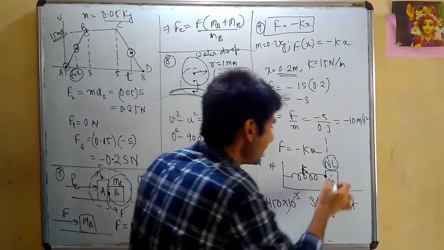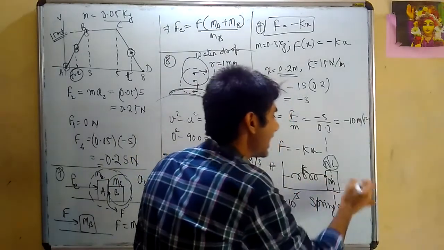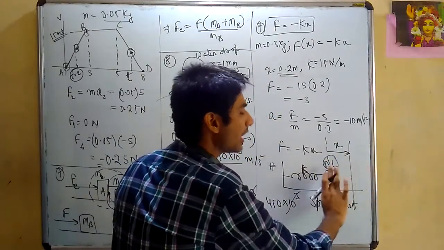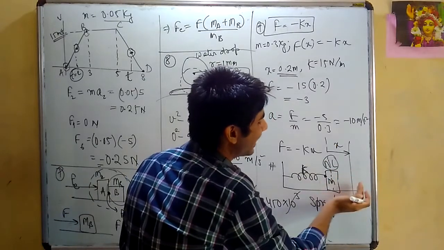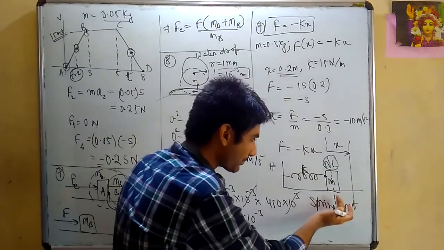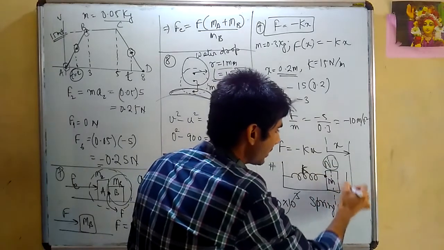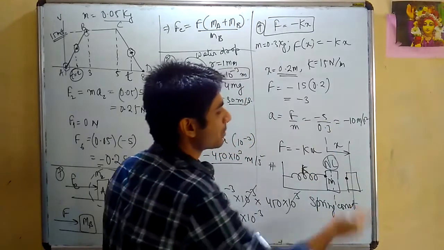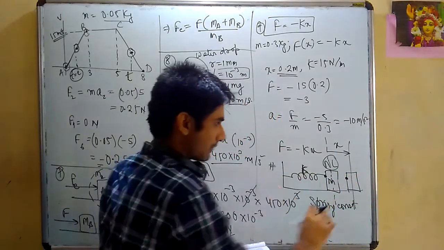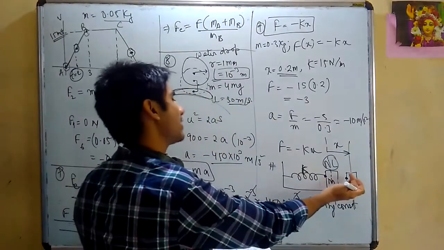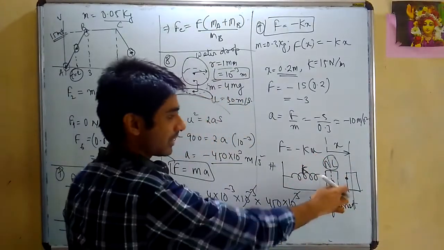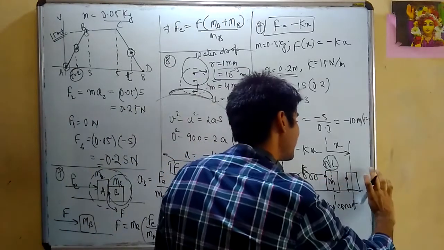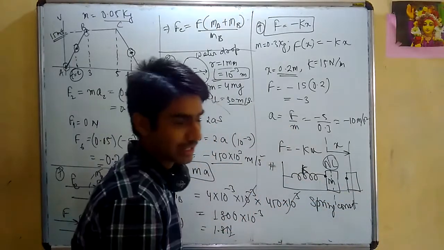Now when this body is displaced by x, say I have elongated or compressed. If I'm taking the block rightward by x, am I elongating it or compressing it? I'm elongating the spring by x. So when the body is here, where will the spring apply force on this body, rightward or leftward? This was the natural length. The spring will apply a force leftward because you are elongating it. If you leave it, it will come back towards its natural length.